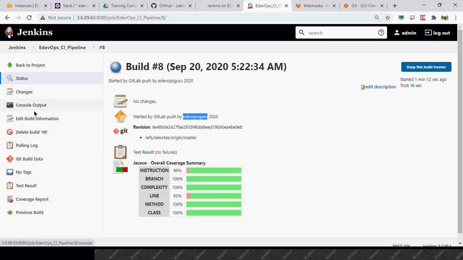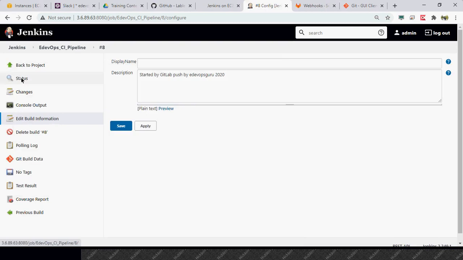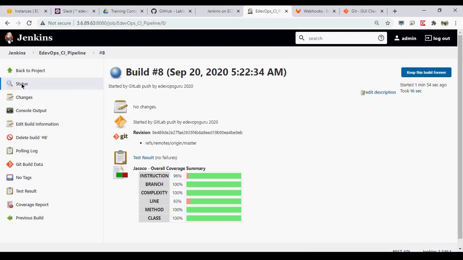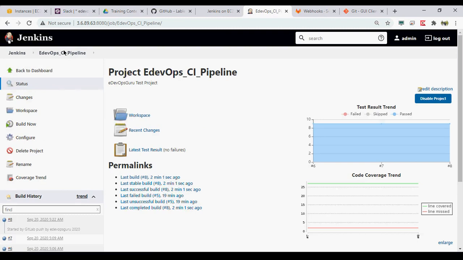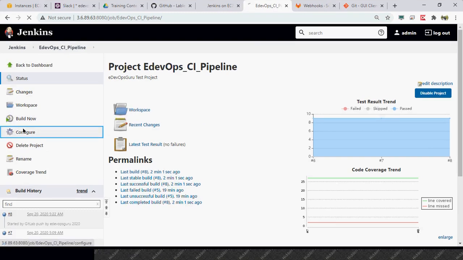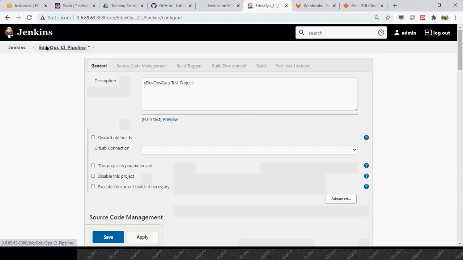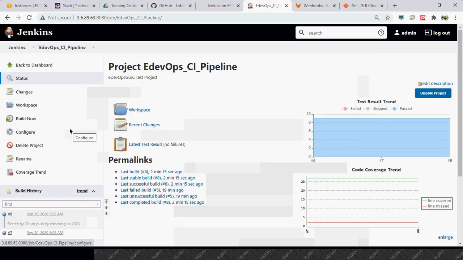Okay. Then you can also check the... here. So this is how a build can be triggered from GitLab, but we are not able to see the GitLab pushed variables.